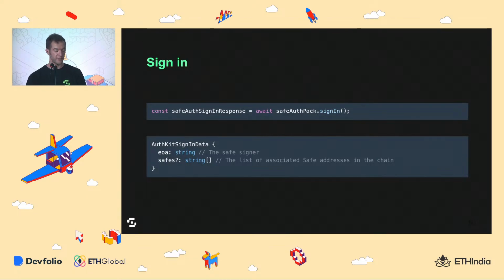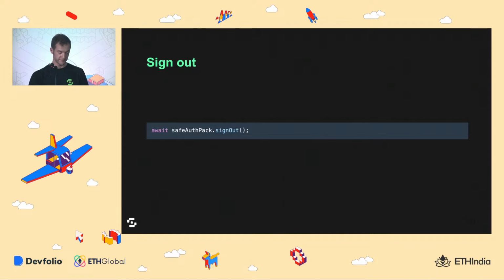And this will return an object with two properties, EOA, which is the one returned by the MPC provider, the signer, and then a list of safes in case this signer already is an owner of any kind of safe. Then the developers would be able to decide which safe they want to select. As a user, if you want to sign out, just safeauthpack.signout. You can get the provider from the MPC,